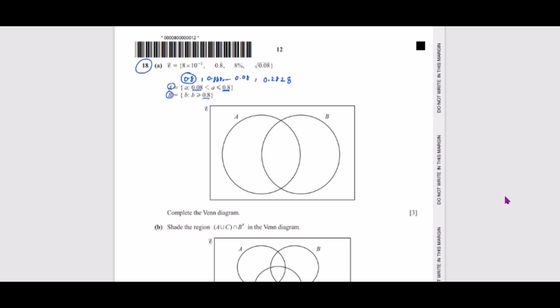So right here, 0.8, that is equal to 8 multiplied by 10 raised to the power minus 1. And this number, 0.28, is greater than 0.08, so this number is greater than 0.8. So write this number in set A,